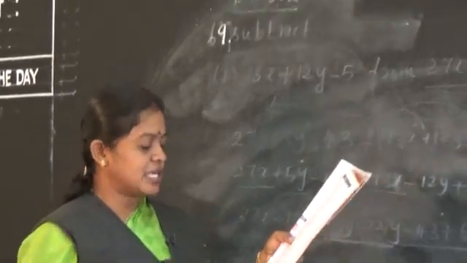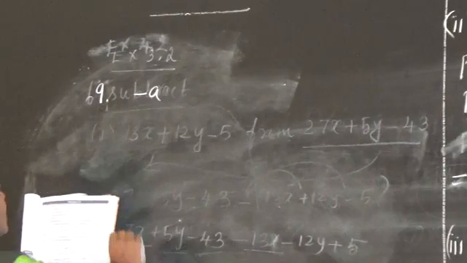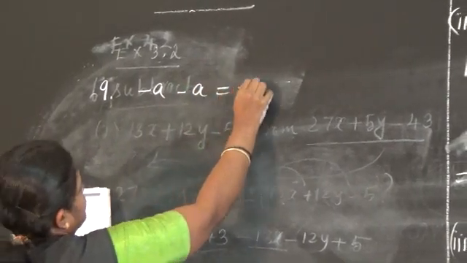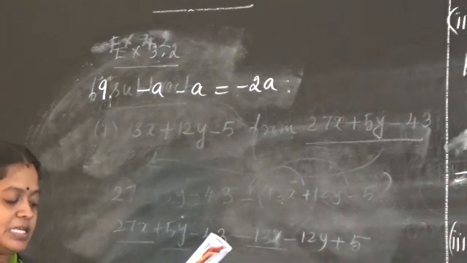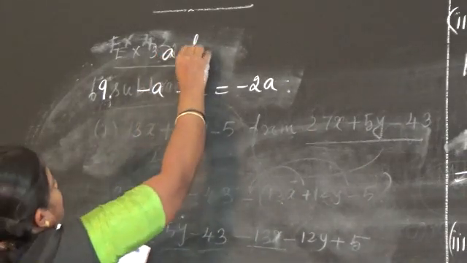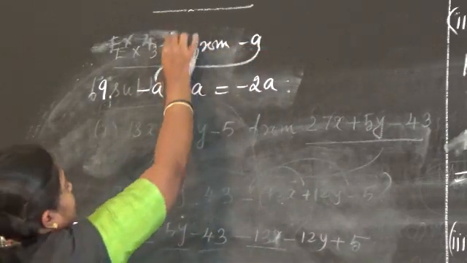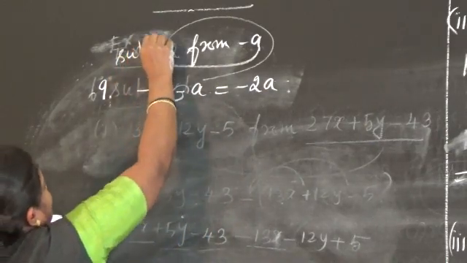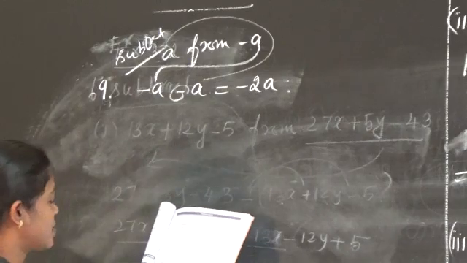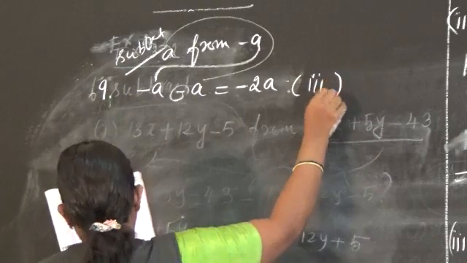Come to the 9th objective, when we subtract a from minus a. So minus a only you should write first, then minus a. If you are adding, minus 2a is the answer. They are asking the question, when we subtract a from minus a. After that only you have to write this expression. So don't keep the sign minus because subtract is given to us. So minus a minus a, the answer is minus 2a. The option given to us is the third option.